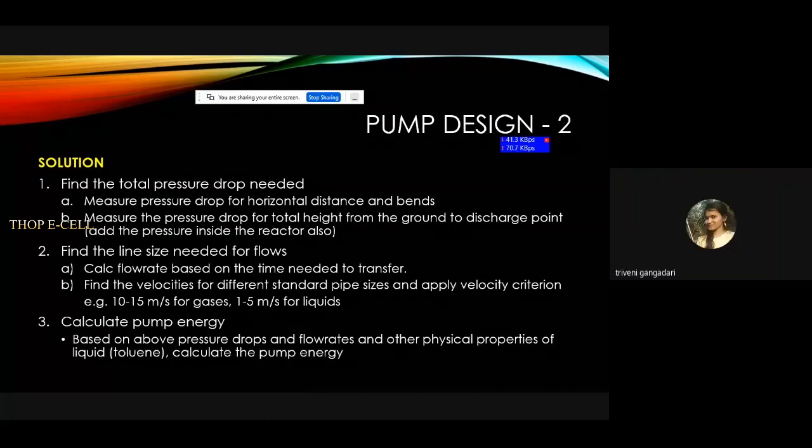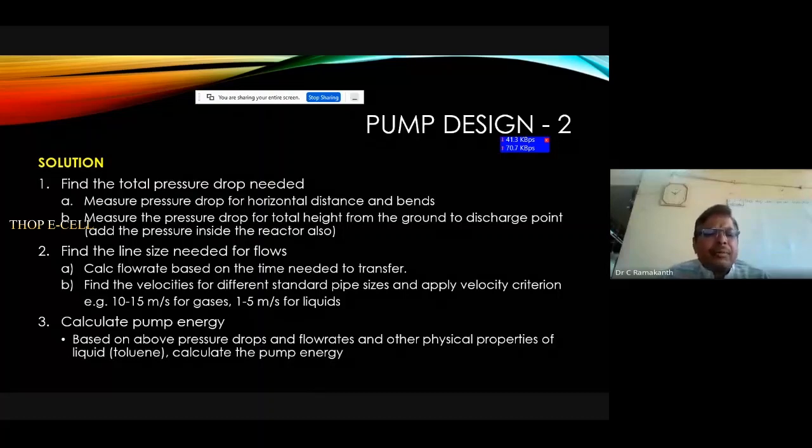Okay, good. So that is how we go about it, and then finally we calculate the pump energy, based on the pressure drops and flow rates, and the physical characteristics of the liquid, like density. We have that equation. I don't really recollect the finer aspects, but based on the velocity and other things, you can get the final energy of the pump, and that is how you come to what should be the kilowatt hour of the pump